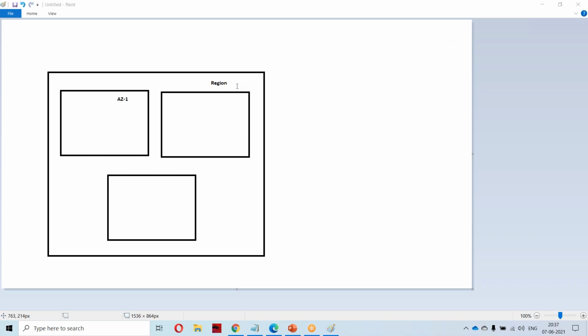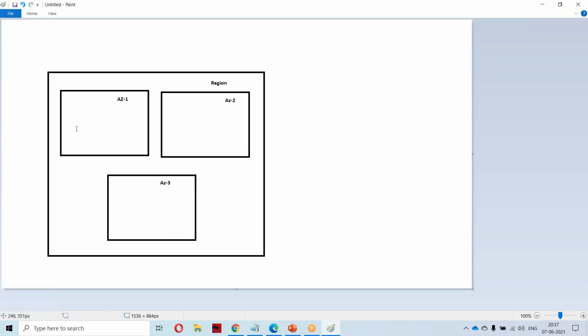let us assume you are trying to do some deployment. You have one region with availability zone 1, availability zone 2, as well as availability zone 3, and in all three availability zones we have the same application.